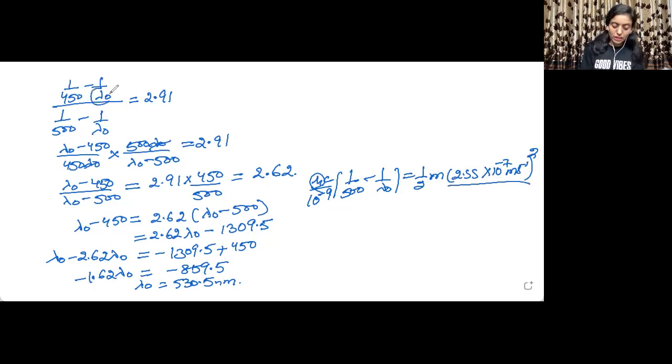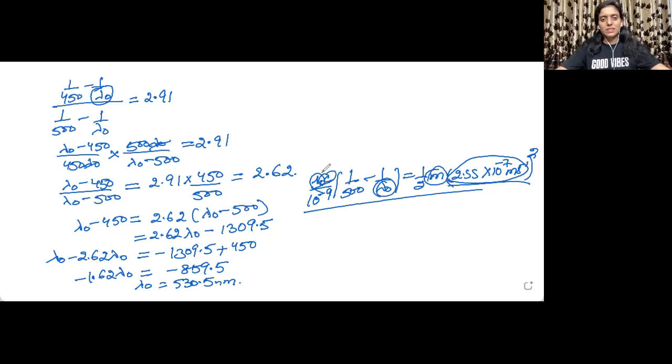See, when we are finding out the lambda naught, the velocity values are getting cancelled. But if you see this velocity value, it is very small, 2.55 into 10 raised to the power minus 5 centimeter. Microscopic particles move with very high velocities, not with these low velocities. So if you are able to get the result, well and good. If not, do not worry about it. You can just put the value of lambda naught, m is the mass of the electron, c we know. Very easily we can find out the value for Planck's constant, that is h.